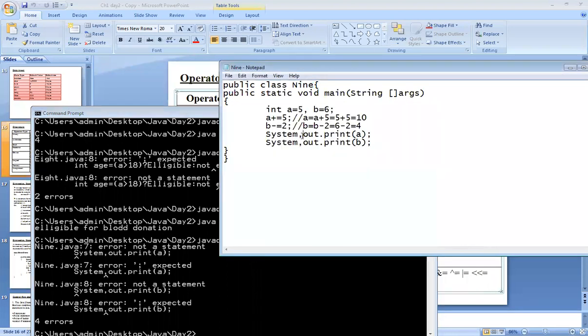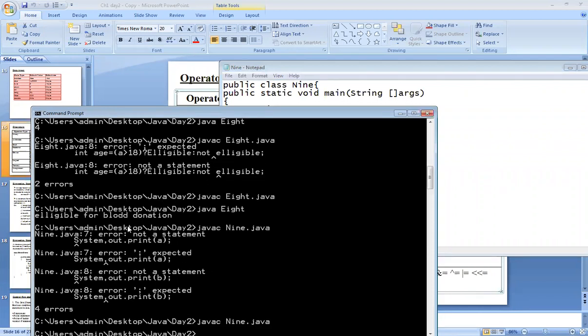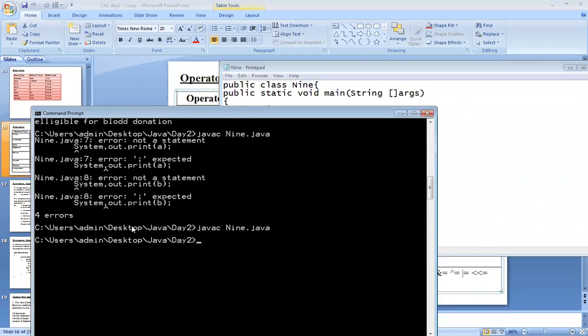System dot, by mistake, I have written here comma. Println, ma'am. Yes, you can take a print, Ellen. I want to show you that. That's why I have taken only print. Okay, two different methods are there, print and println. See what happens.